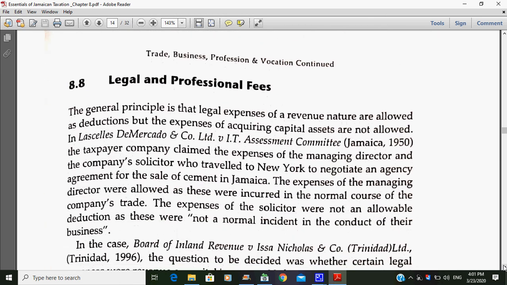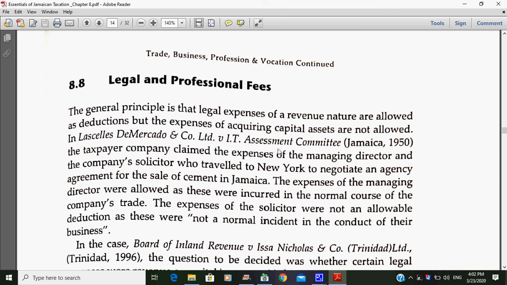Legal and professional fees now. The general principle is that legal expenses of a revenue nature are allowed as deductions, but the expenses of acquiring capital assets are not allowed. Alright. Unless it's Demarcado and Co Limited versus IT Assessment